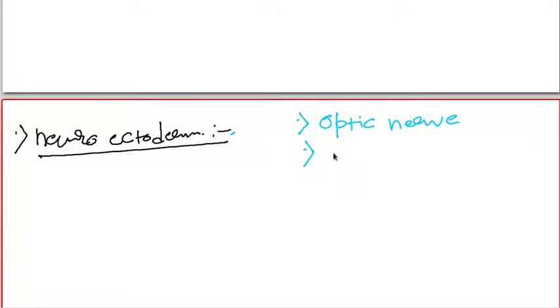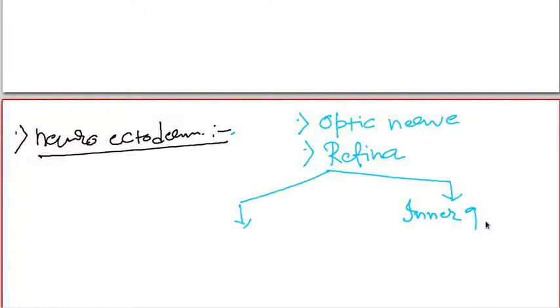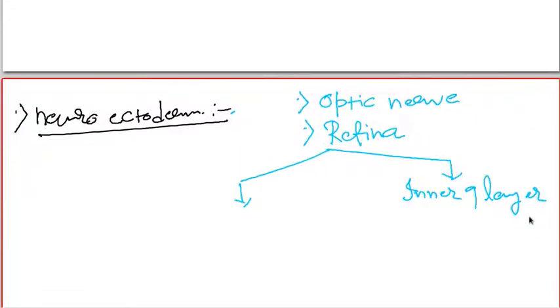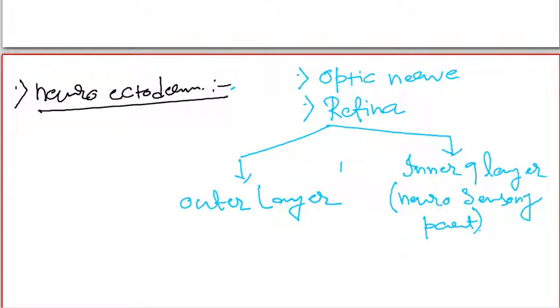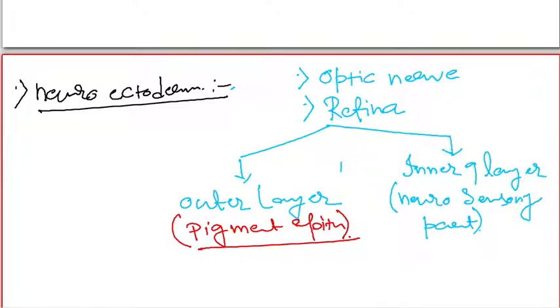Now the second structure is the retina, very important. Okay, the second structure is the retina, and as I have told you, it has an inner 9 layer, that is the neurosensory part of the retina, and the outer layer, that is the pigment epithelium. Okay, now this inner 9 layer,